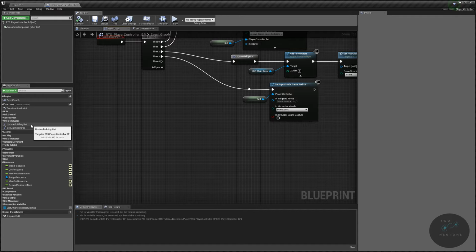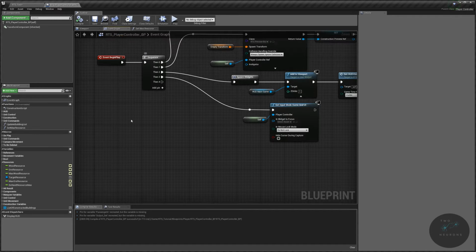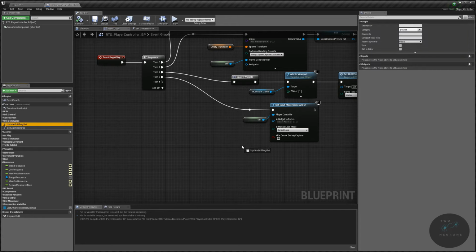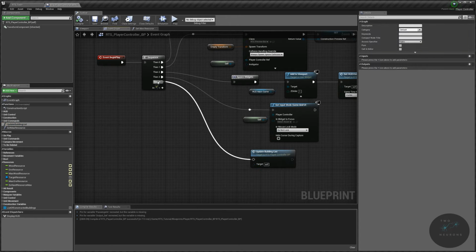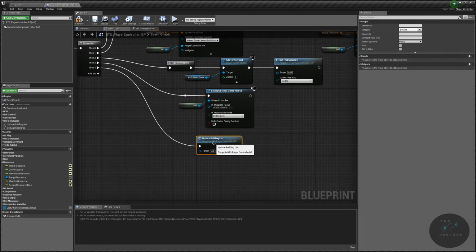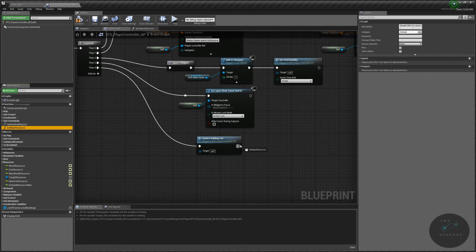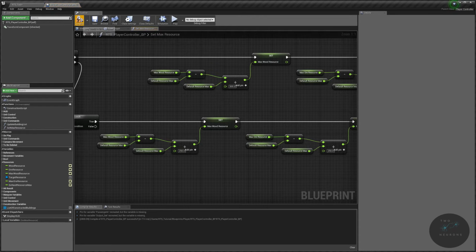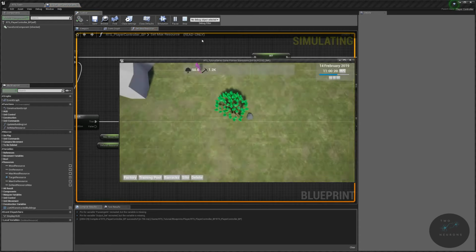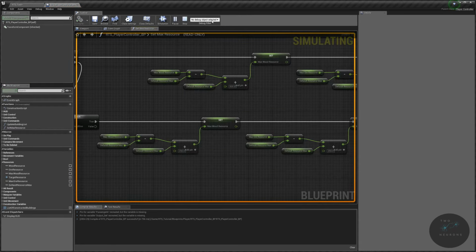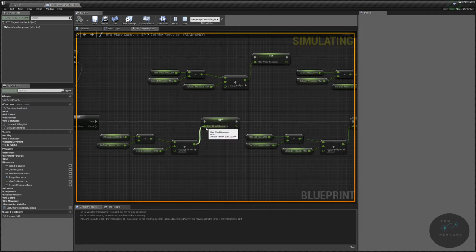So to do that, the first thing we're going to do is add that then pin to our sequence. We are going to update our building list first. After we've updated our building list, we are going to set our max resources. And we're going to open this up just so we have it on screen. And then I'm going to hit play. I'm going to switch back to here. I'm going to turn my debugger on. The value I should see is